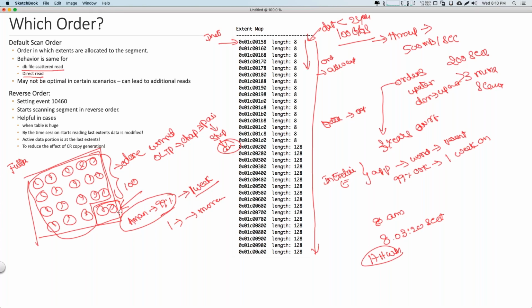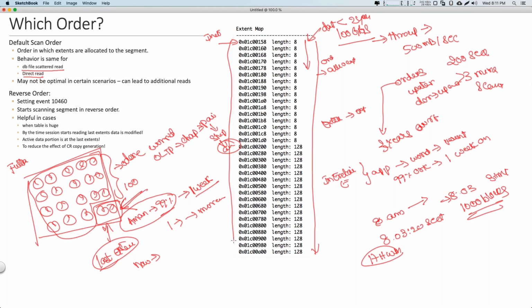Now, we know that most of my workload is concentrated only on the last set of extents. Now what if I started at 8 a.m. and from 8 a.m. to 8:03 a.m., 3 minutes, I had updated, suppose say, 1,000 blocks which are stored in the last extents. So by the time I reach here,